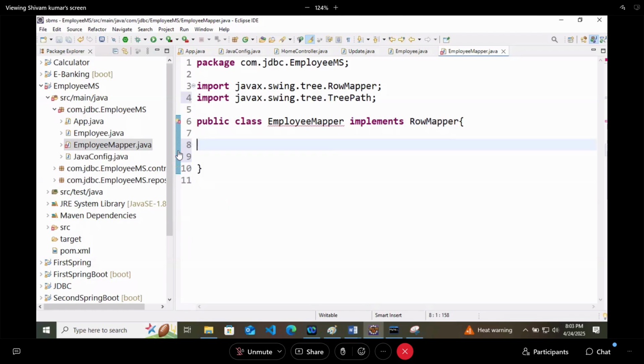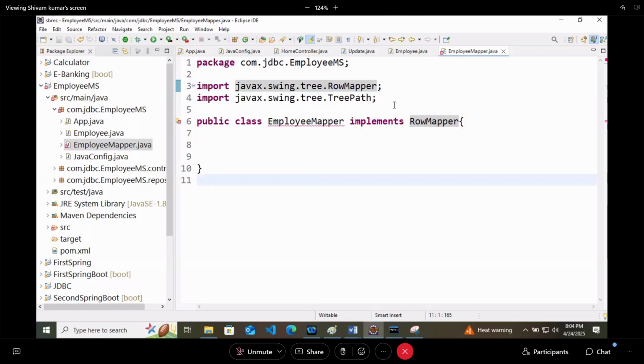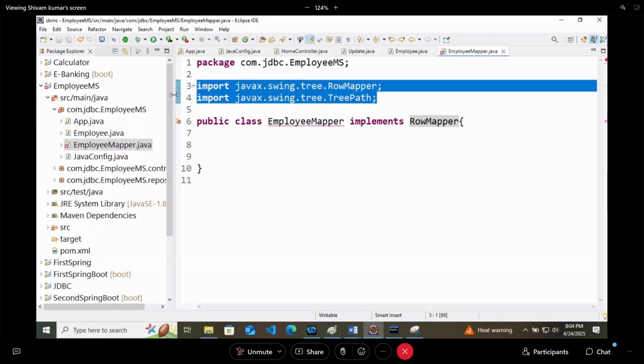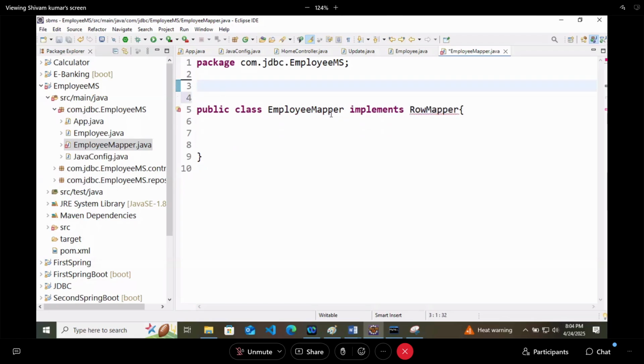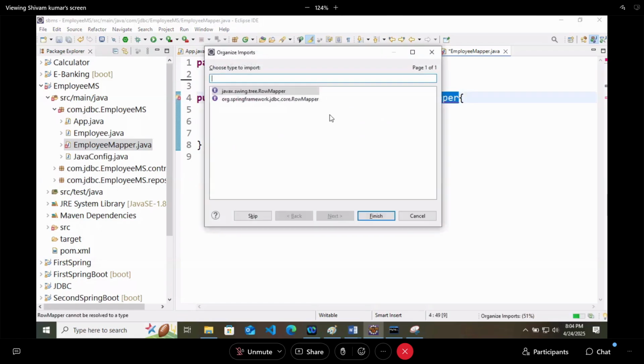I have implemented row mapper here. Check the package of row mapper. It shows javax.swing, but it should be the Spring framework. It is a wrong import for our row mapper. So whenever you are hitting import, don't quickly hit it. At least check which package you need.